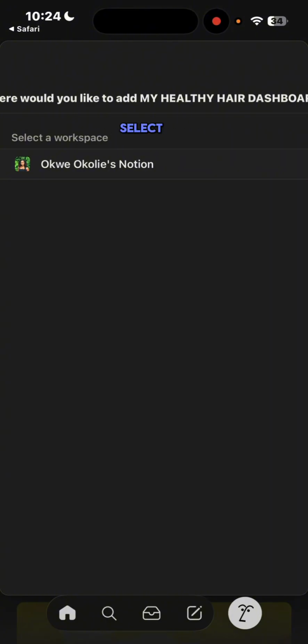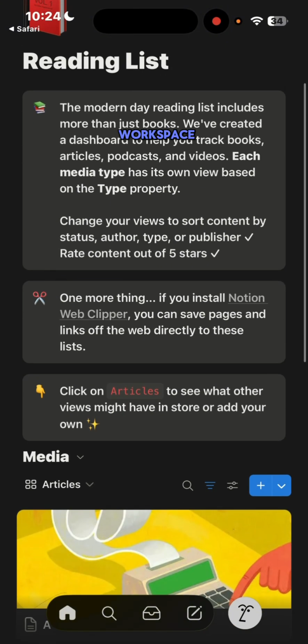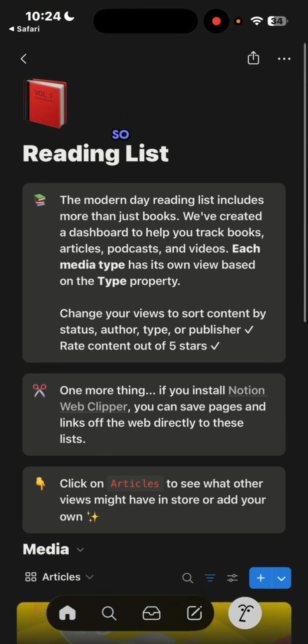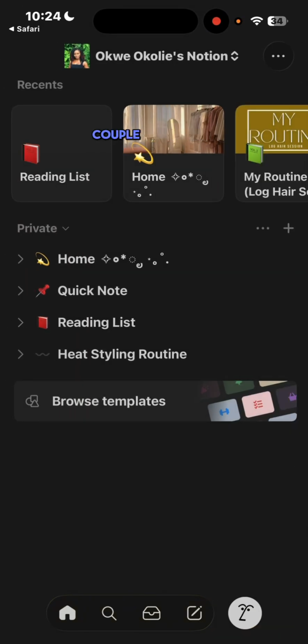So I'm going to select the workspace, which is usually going to be probably connected to your Google space or whatever you want to connect it to, even if you create your own login. So now it is in my workspace, but let's actually go to my home page. So I'm going to click on the bottom left corner where it says home, and I'm going to give it a couple of seconds because it is still downloading, and in a second it should show my healthy hair dashboard